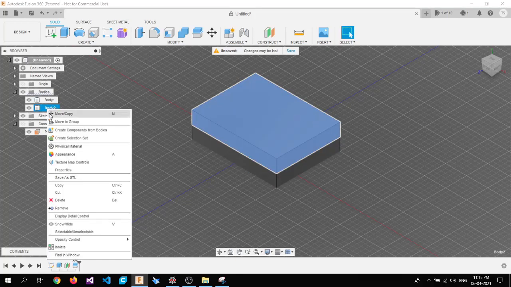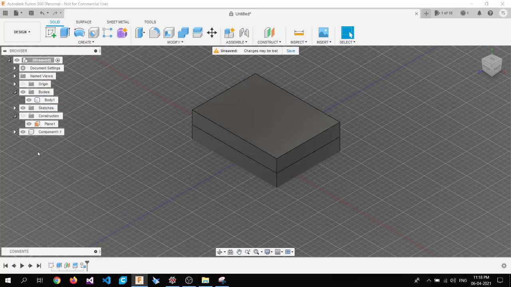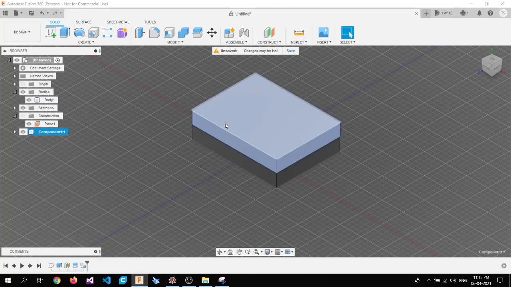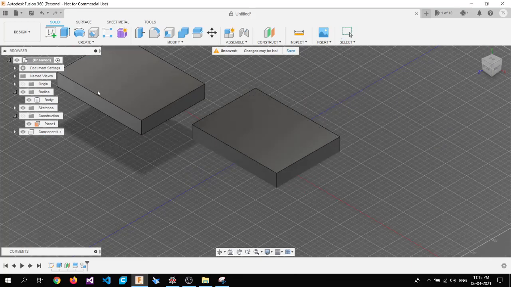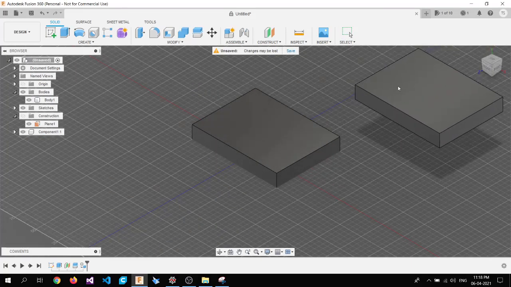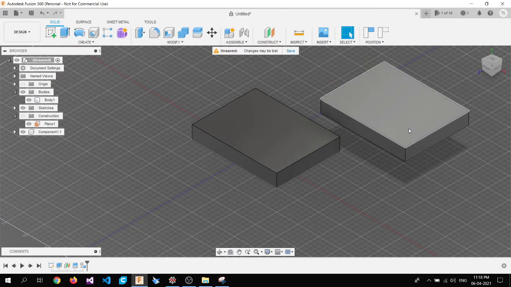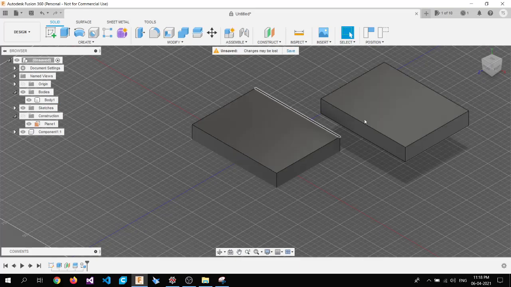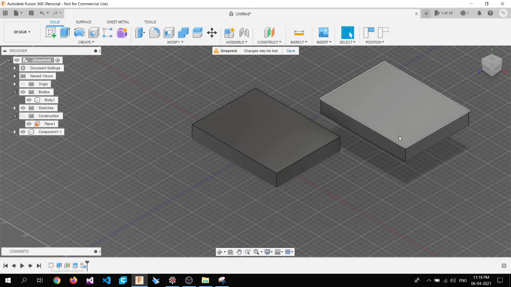So you can select body number 2, and you can select Create Components from Body. Once the component is created, we can just select this component and move it here and there. So now this is considered as a single diagram, you can say. For now, we only have one rectangle, one box for both sides, so we are not getting an exact idea of how components are going to work. But in the near future videos, we'll surely check components, because now we are not going to deal with each and every menu and its meaning.